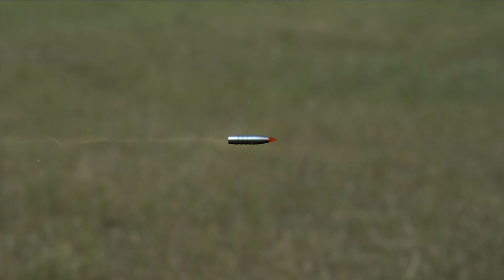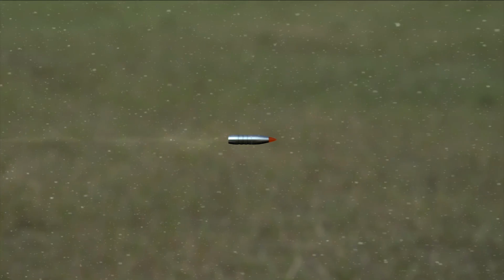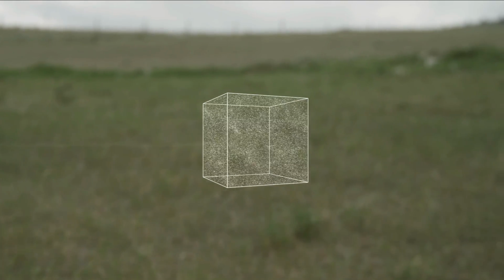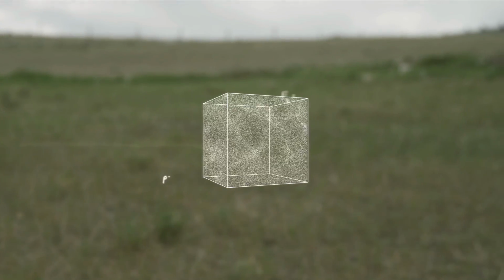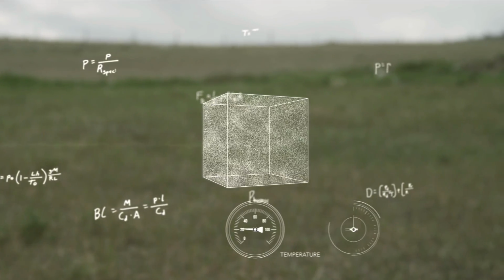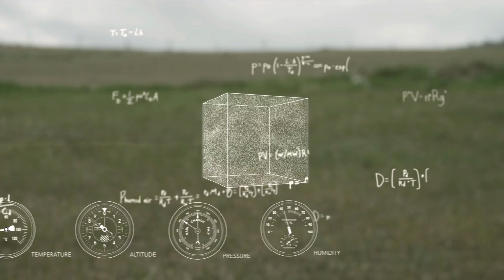The second part of drag is air density. Air density refers to the mass of the air and is typically quantified in kilograms per cubic meter. As the density of air goes up, you'll encounter more drag on your bullet and effectively encounter more bullet drop. Air density fluctuates based on air temperature, elevation, air pressure, and humidity, all variables you are likely to encounter when